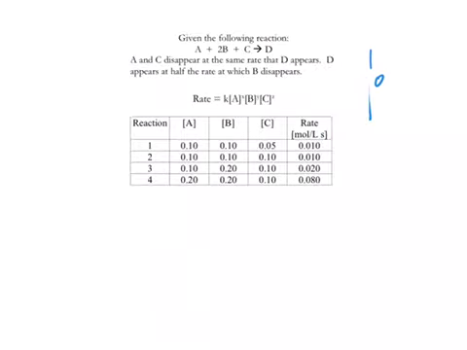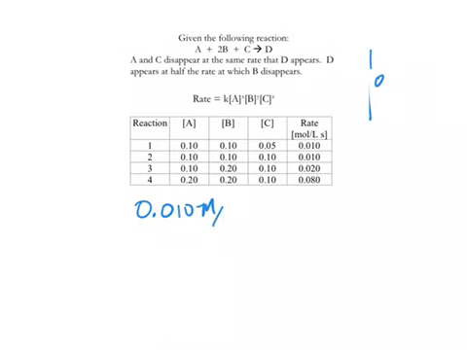Okay, so we've got this inserted, so here's what we're going to do. We're going to figure out what the value of the K is going to be. So what we're going to do is we're just going to pick one. Let's pick reaction 2, okay? So we know the rate, which is 0.010